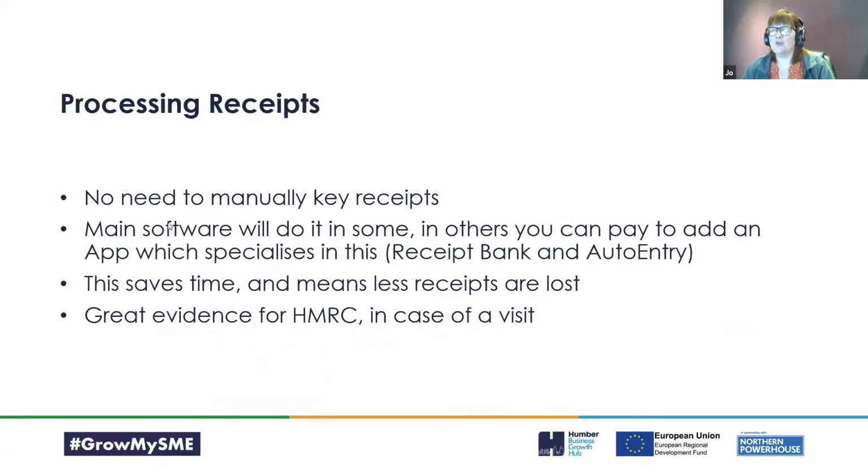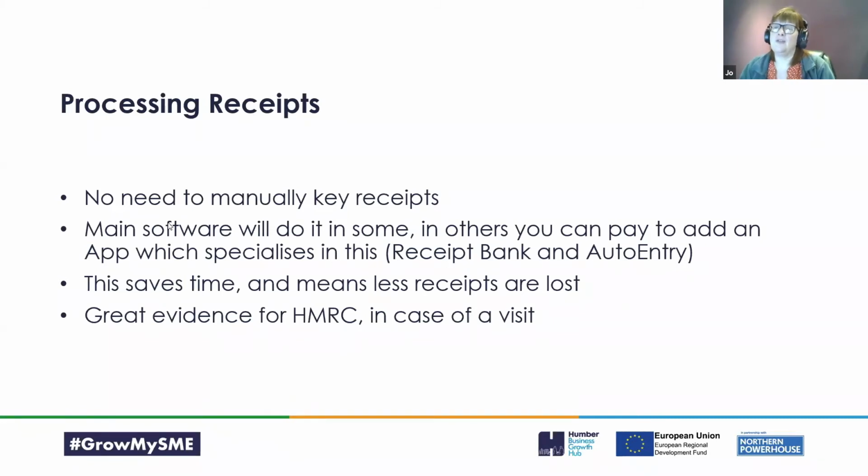So lots of pieces of software, QuickBooks included, have got snap technology within them. So you can take an image on your phone. It doesn't sit on your phone camera deck. It just takes that image and sends it through into QuickBooks. Or you can forward emails on. You don't have to keep hard copies. You don't have to print things that have been emailed through to you. So we save some trees, which is another additional benefit.